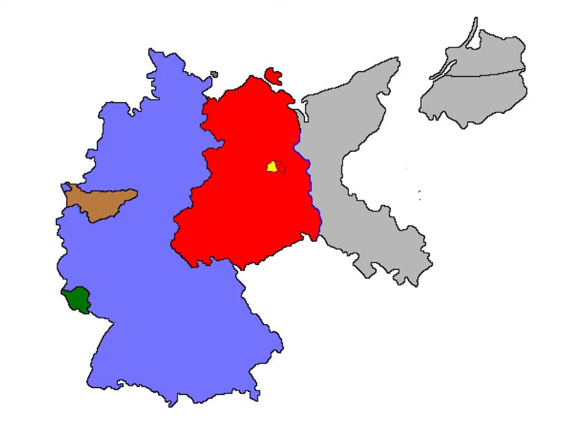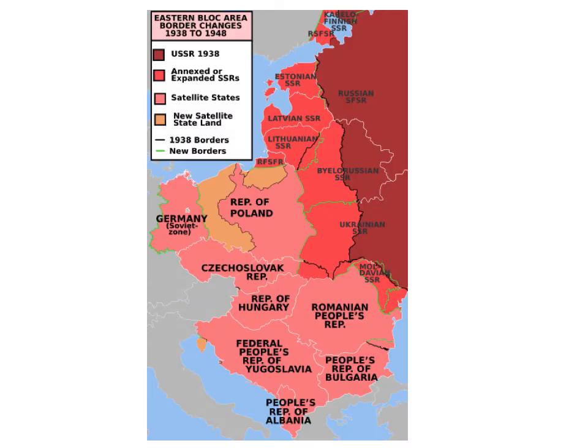Beyond the division of Germany and the division of Berlin, the decision was also made to really divide up Europe into spheres of influence. The western part of Europe was going to be in the sphere of influence of the United States, and those were going to be capitalist democracies. Eastern Europe was going to be in the sphere of influence of the Soviet Union, and they were going to become communist satellite states, or what we call the Combloc.